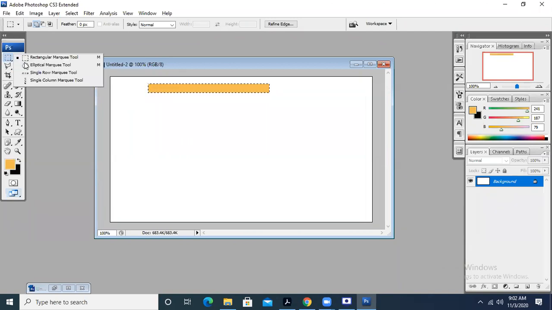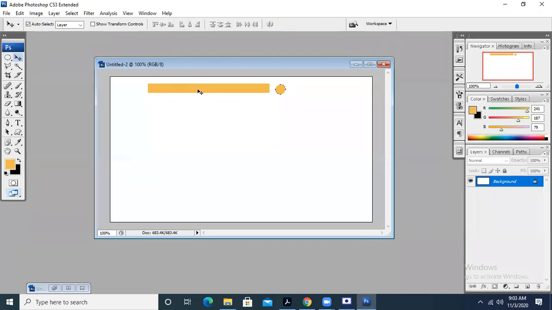I can take the circular elliptical tool and fill it with some color. Alt Backspace is used to fill the color. Now these are the two things. I can make copies of them to design a border.